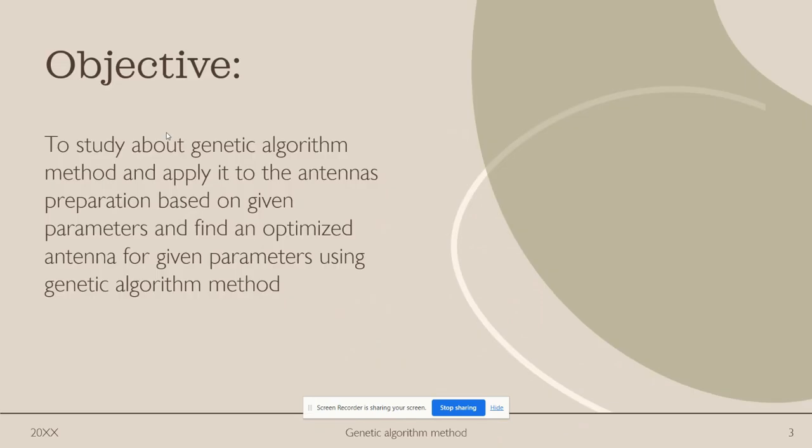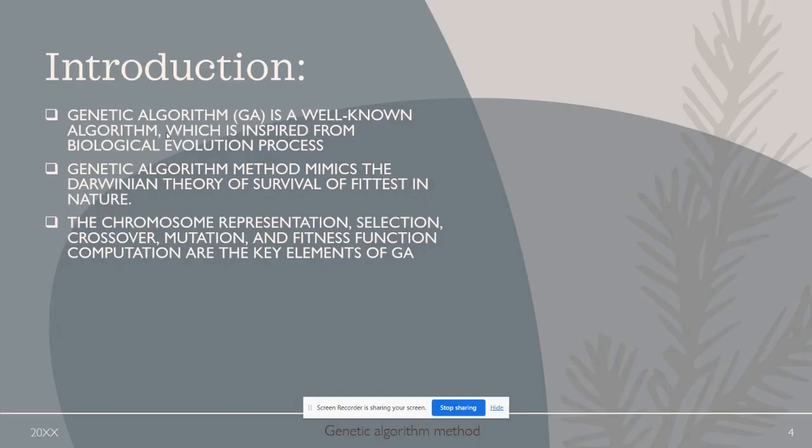So today I am going to tell about the genetic algorithm method and use it for antenna parameter optimization. So first of all, what is the genetic algorithm method? Generally, the genetic algorithm method is inspired from the biological evolution process, and it mimics the Darwinian theory of survival